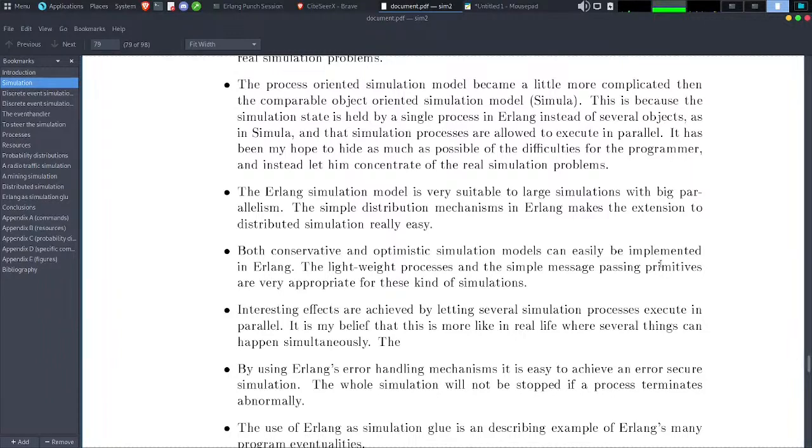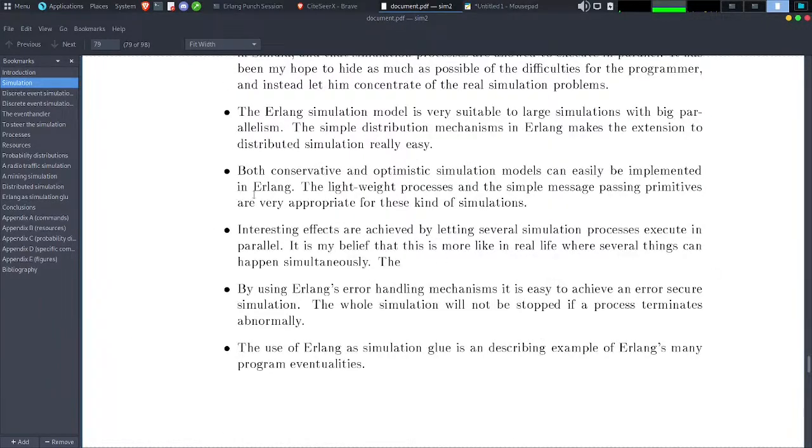It has been my hope to hide as much as possible of the difficulties from the programmer and instead let them concentrate on the real simulation problems. The Erlang simulation model is very suitable for large simulations with big parallelism. The simple distribution mechanism in Erlang makes the extension to distributed simulation really easy. Both conservative and optimistic simulation models can easily be implemented in Erlang. The lightweight processes and the simple message passing primitive are very appropriate for this kind of simulation.